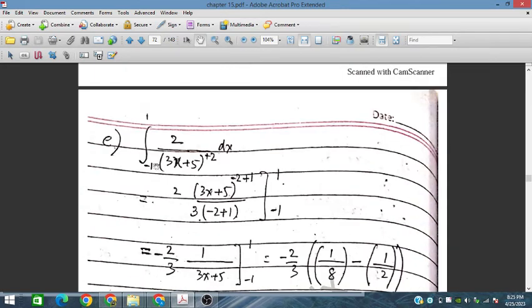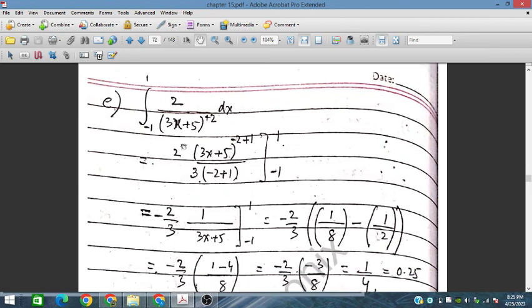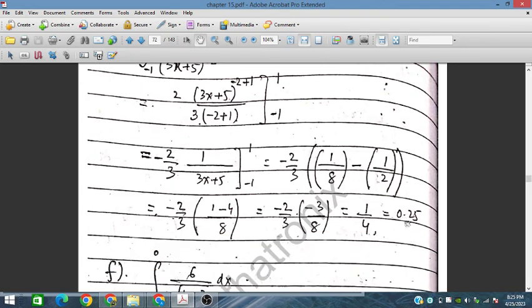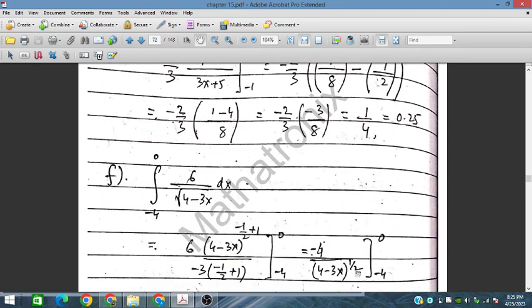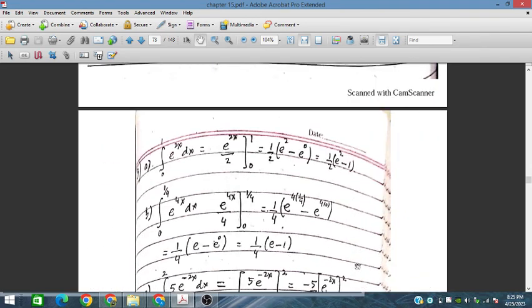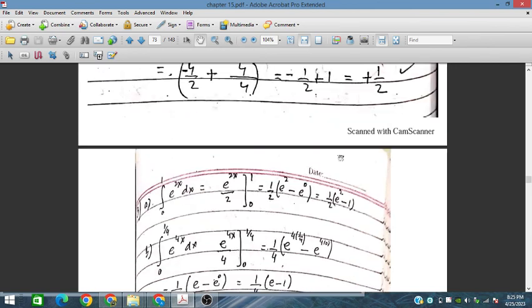Similarly, this part e, from -1 to 1 of 1 over (3x+5) squared, dx. So this 2 will become -2 in the numerator, so this 2 is here and this 3 is here. (3x+5)^(-2+1) and then -2+1 in the denominator, so we have this. On simplification we have obtained this. On substituting limits we have obtained this. This is question number 2, and in the next session we will discuss